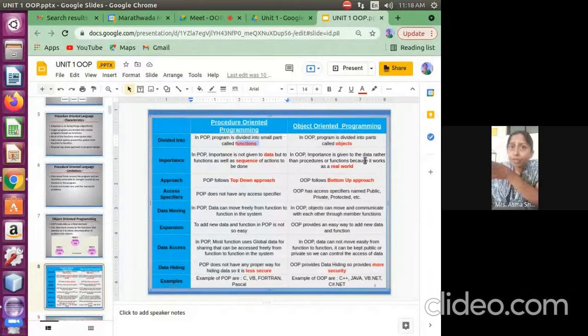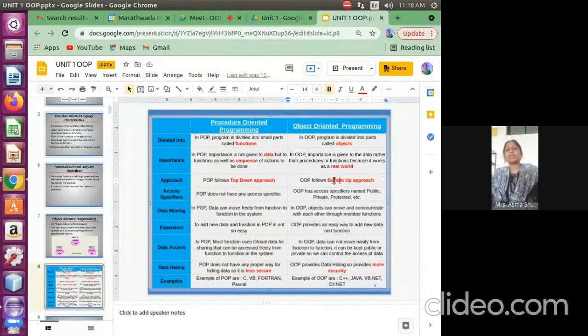But here, students, object oriented programming always gives importance to real world data. That is very important. So here you can write that data is very important. Here the function and the sequence are important. The approach followed here is top down, while here it follows the bottom up approach.